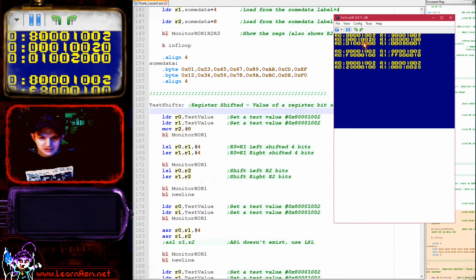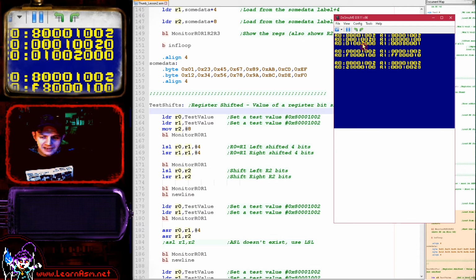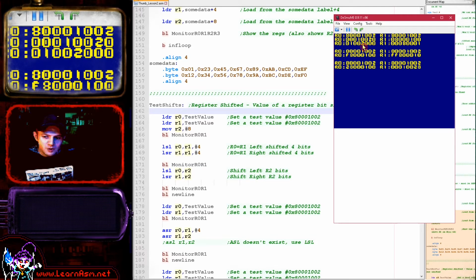When we shifted that to the left logically, the new bits that were added were given the value of 0. So the new nibble that was added there, when all of the digits moved 1 to the left, at 4 bits that is, was a 0. We then shifted by R2, which we'd set to 8, which is 2 nibbles. So the 2 has now shifted 2 digits to the left, and all of the new bits were set to